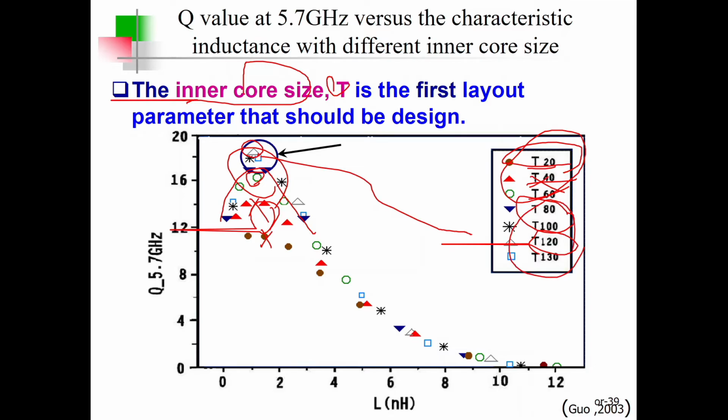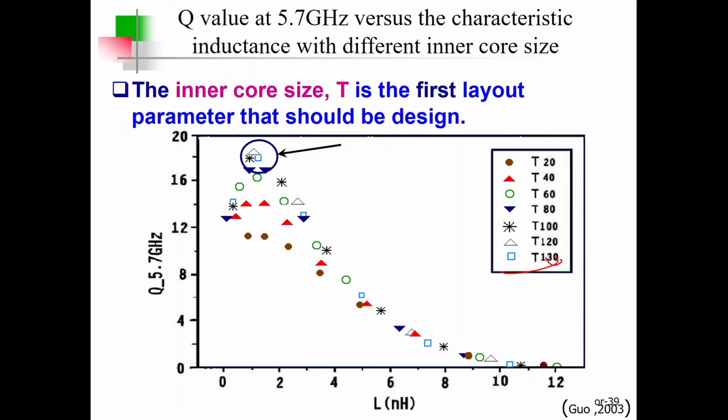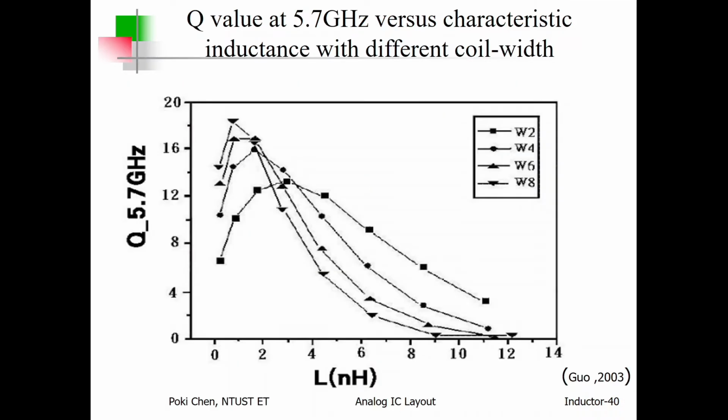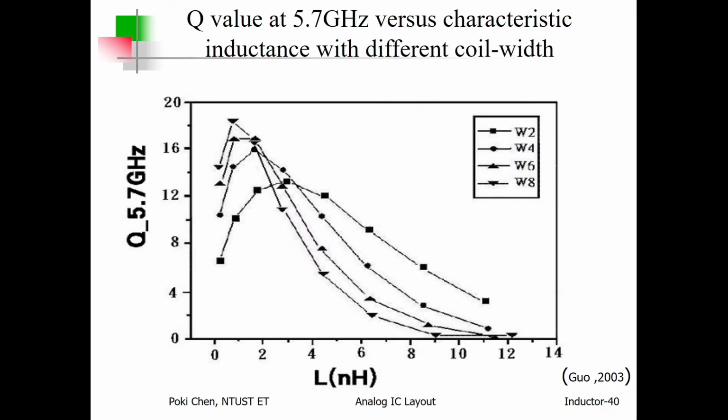But you cannot say, oh, the bigger the better. No. If you have a look at 120 and 130, you can see 120 wins. The Q factor is better for this than that. Okay, let's go. And then with the same inner opening, he would like to change the width. And you can see who wins. Here, that is the best